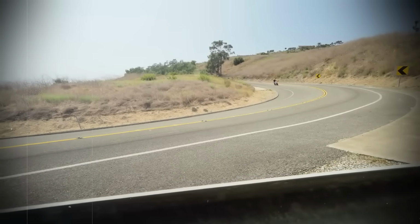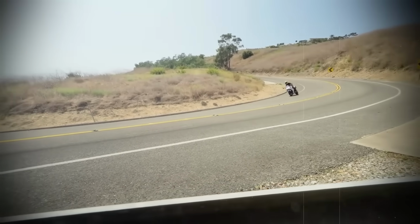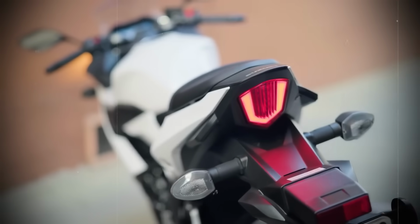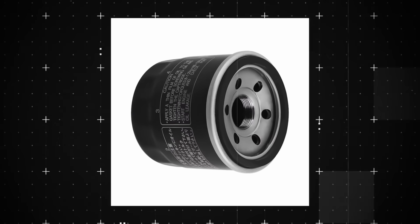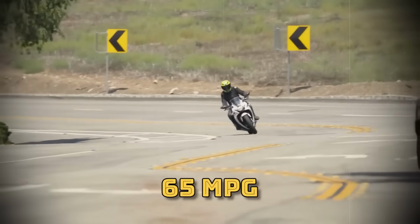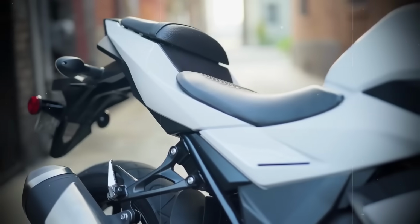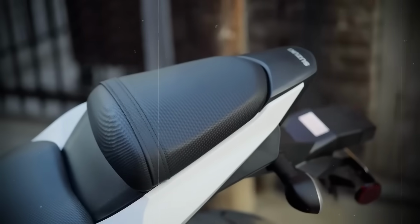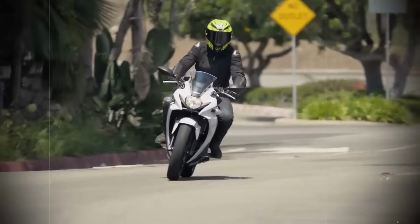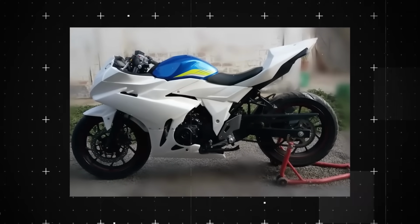These misguided souls spend thousands customizing their GSX250Rs, often investing more in modifications than the bike is worth. They'll add power commanders, air filters, and race fairings to a bike that gets about 65 miles per gallon, but couldn't pull the skin off a rice pudding. It's like putting a spoiler on a golf cart. It doesn't make it faster, it just makes you look silly. The saddest part? Many of these over-modified